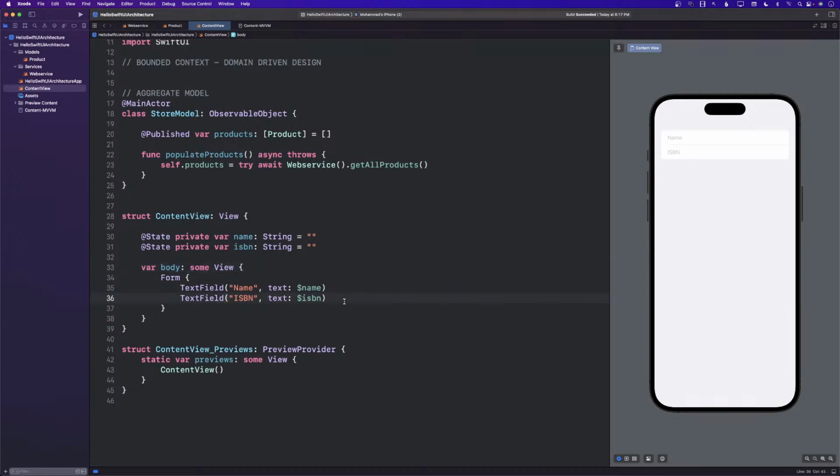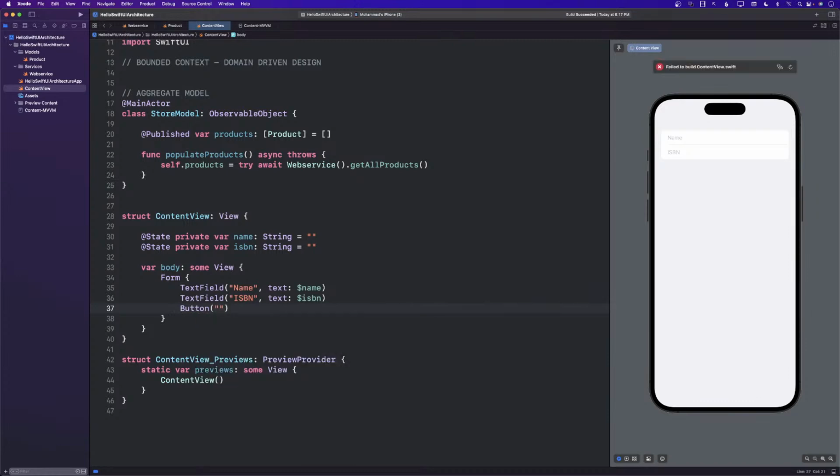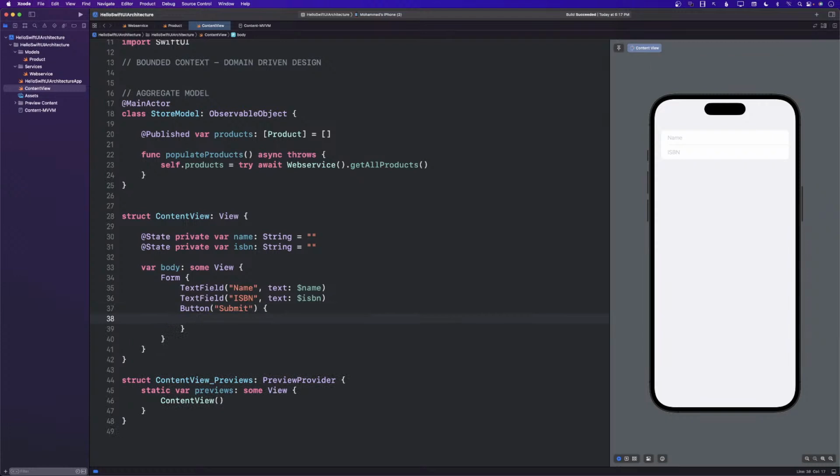And the question is, well, where should we do the validation? All right, it depends what kind of validation you want to do. Let's say that you have a button over here and you say submit. Right now you can see that the button is enabled. It shouldn't be enabled because I haven't really written anything over there. So if I submit the button, it's going to just submit these empty things if I'm submitting somewhere.